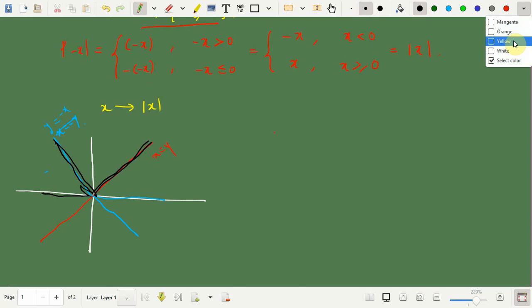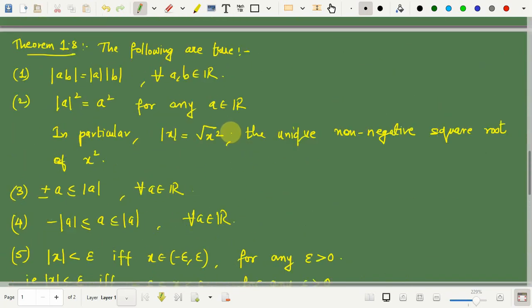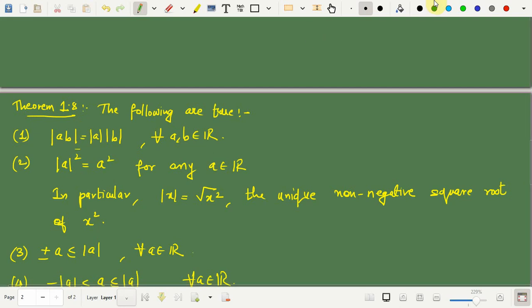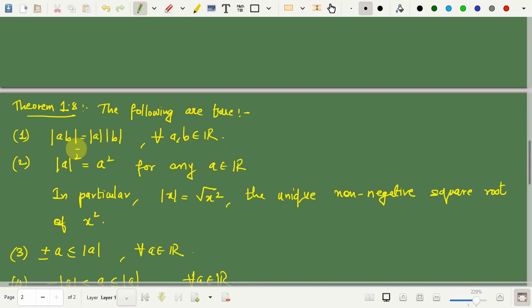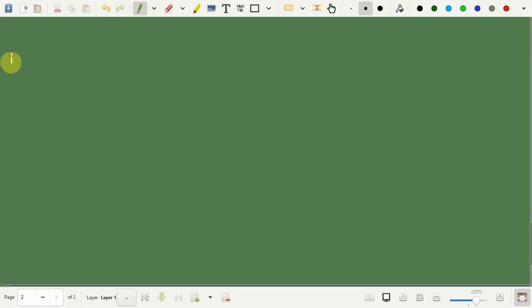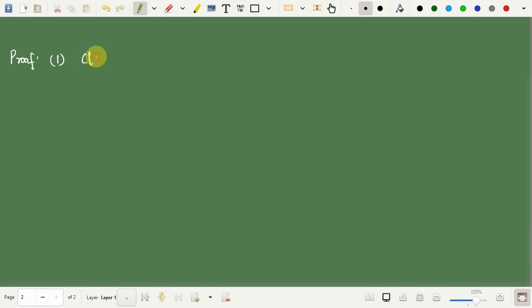So, next we see the properties of this absolute value or the modulus value. There are altogether 8 properties which we need to prove. So, I would take them one by one. The first property says that mod of a into b, that is mod of the product of real numbers, is the same as the product of their mods. And so, how do we prove this? The proof, I would take it over here, proof of all the things. So, the first one, claim: mod of a b is equal to mod of a into mod of b.